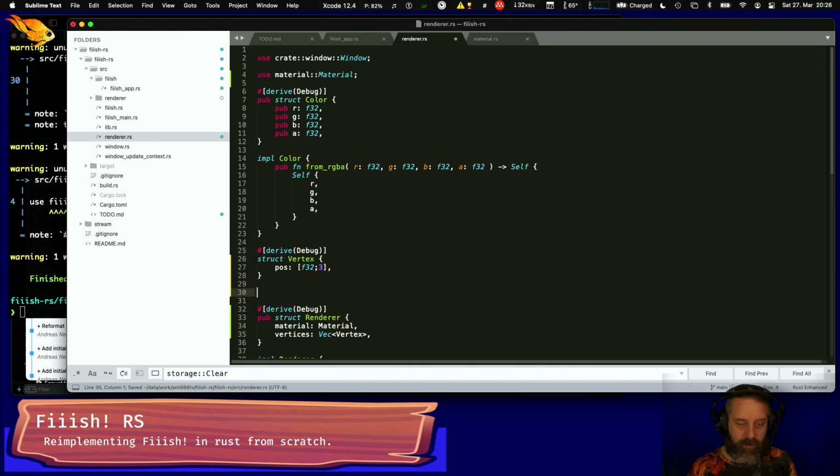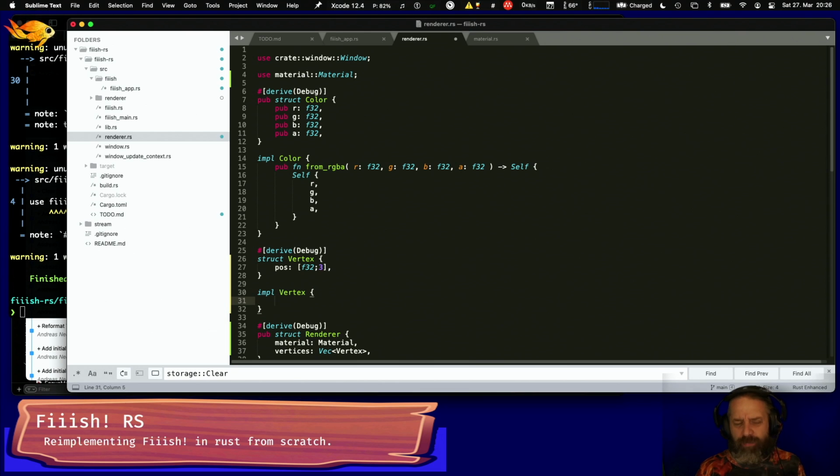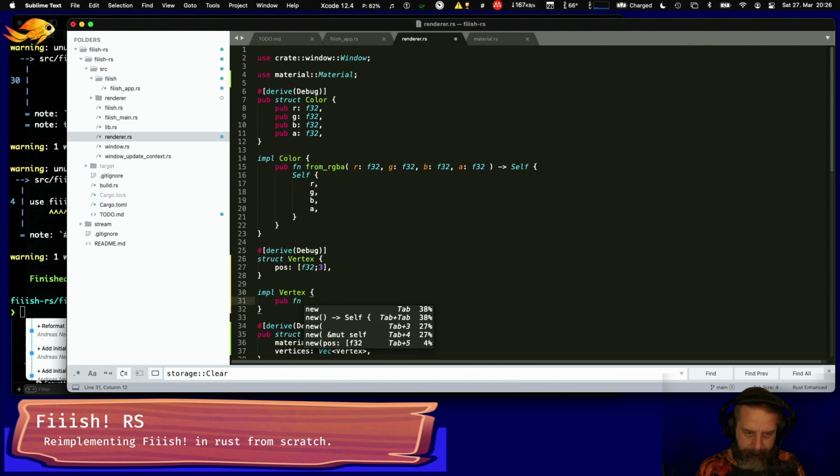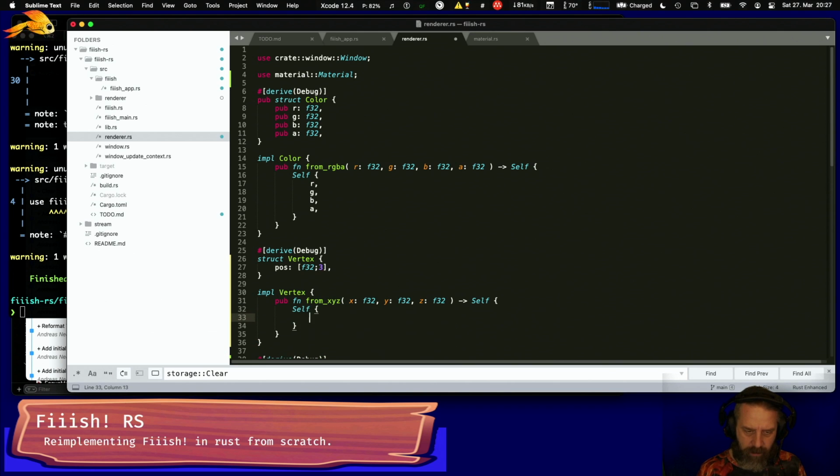And then we have an implementation for vertex to be rustified. That's probably a much better way to do this, but